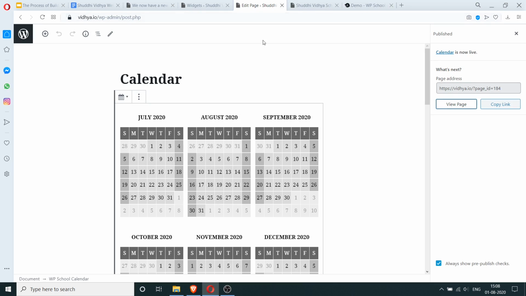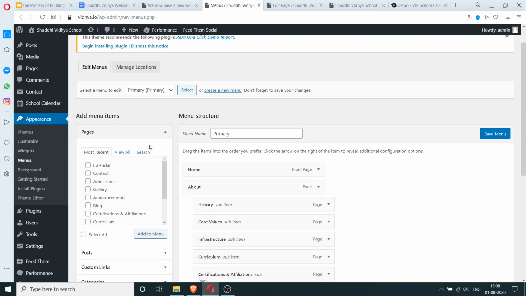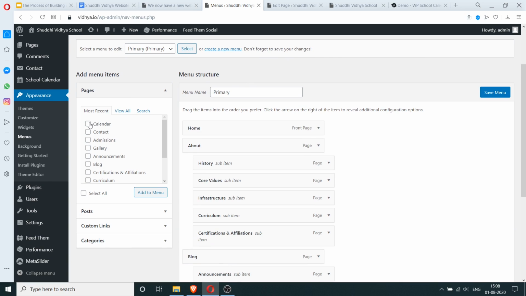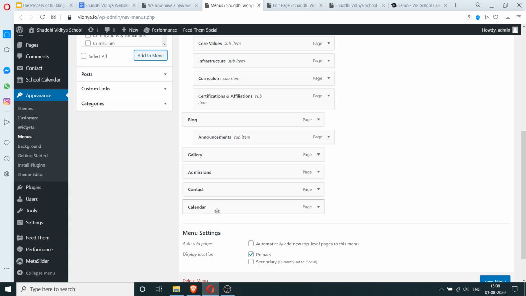So the other thing is the calendar. We created a page, but we have not added it in the menu items. So let's go to the menu and add. So let's click on this and click on add to menu, and we've added it here.